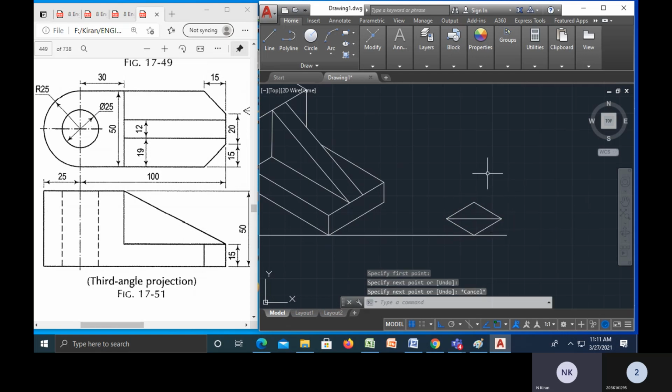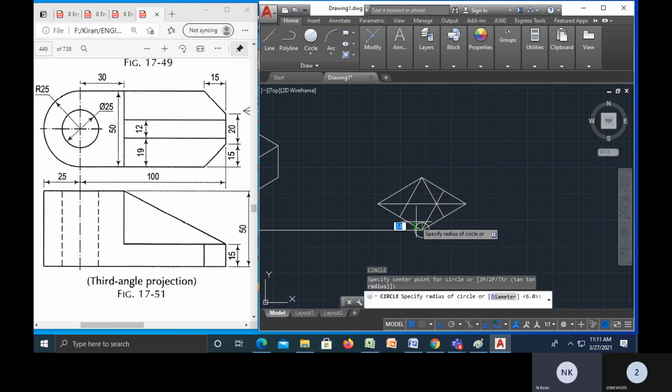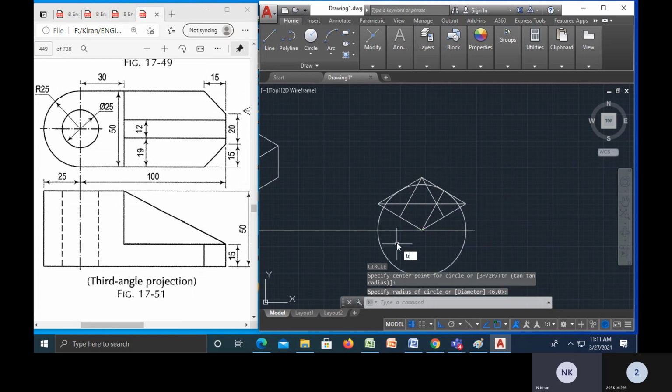so that for getting a midpoint. And L enter, and from this point I will join the midpoint, spacebar, and from this I will join the midpoint. Okay, spacebar, and from this point I will join somewhere here, midpoint, this point or this point. Okay, this data is enough. You can join this line also if you want. Okay, otherwise I can draw directly. C enter, and from this point I will join up to here. TR double enter.